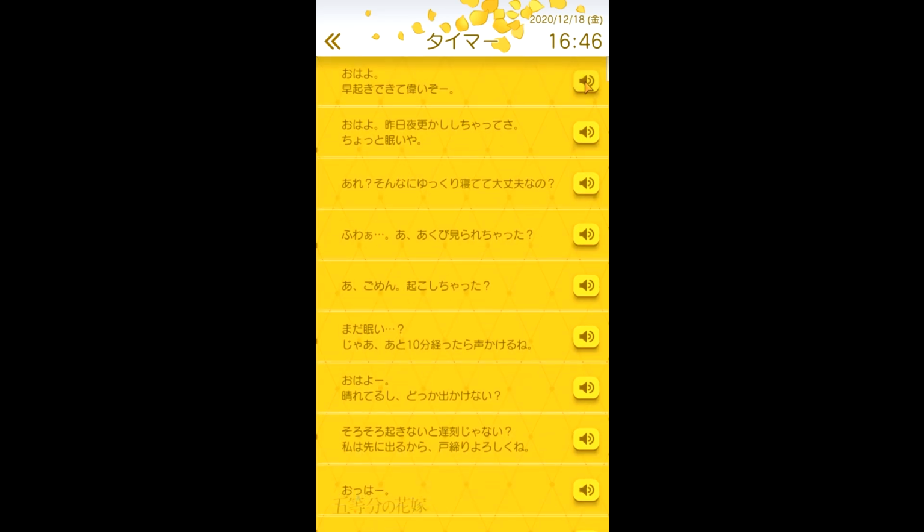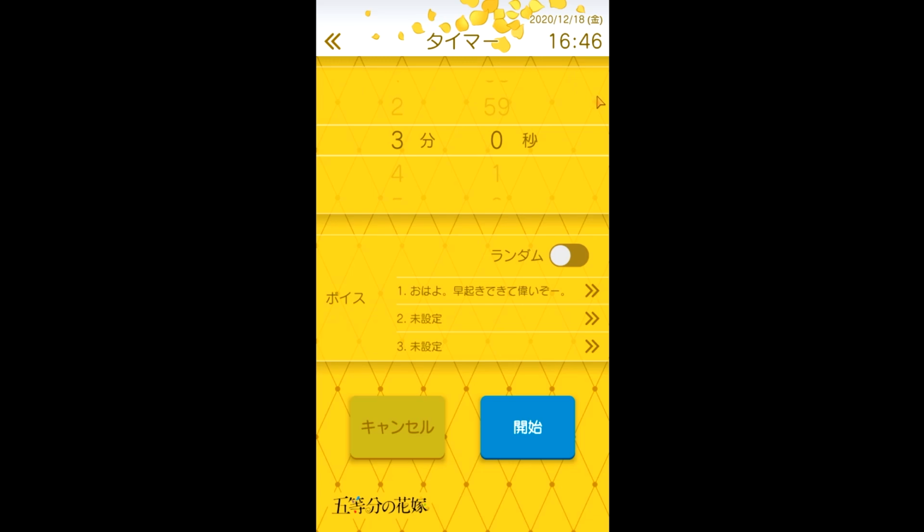おはよう。早起きできて偉いぞ。おはよう。昨日夜更かししちゃってさ、ちょっと眠いや。